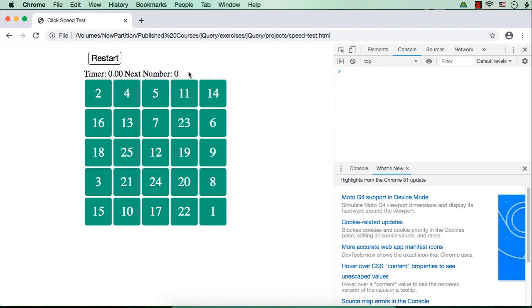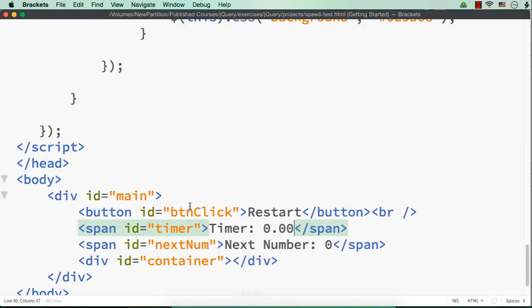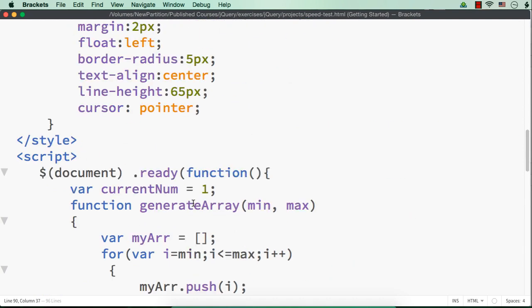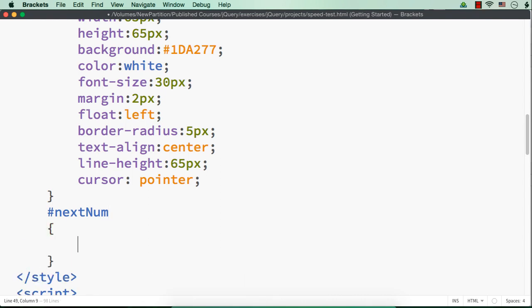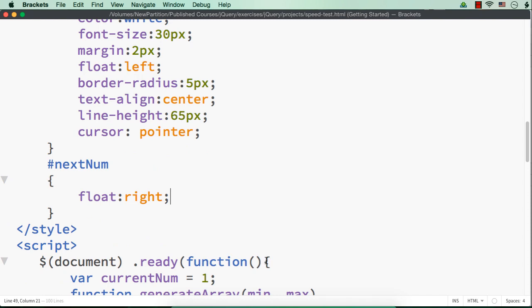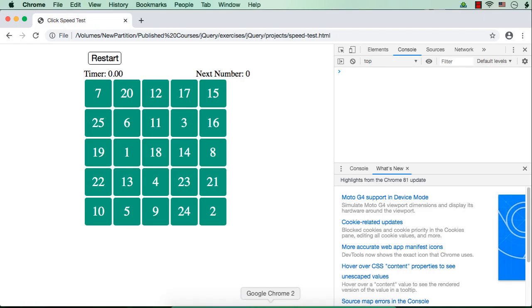So let us try to move this towards the right hand side. For that, for next num we can specify #nextnum, let me set float to be right, so that it will be moved to the right hand side. Let me save this and check how it looks. See, it has moved towards the right hand side because we have added it within the main div element.